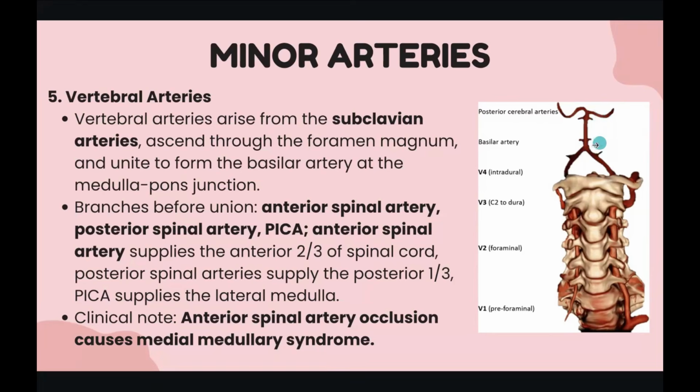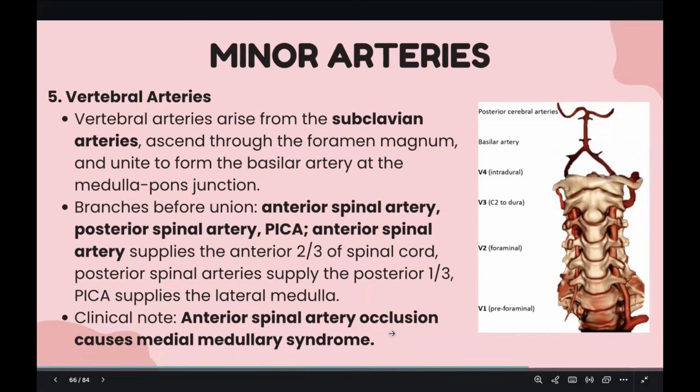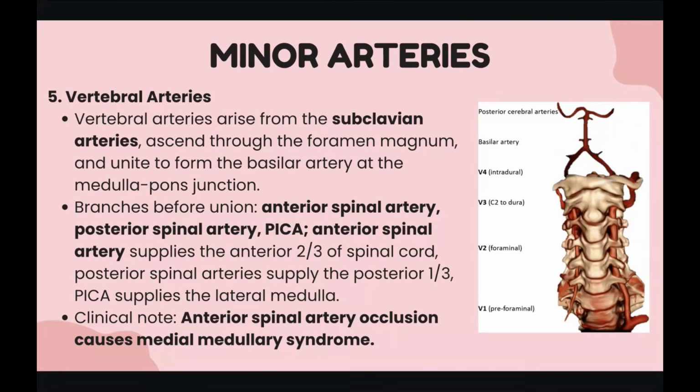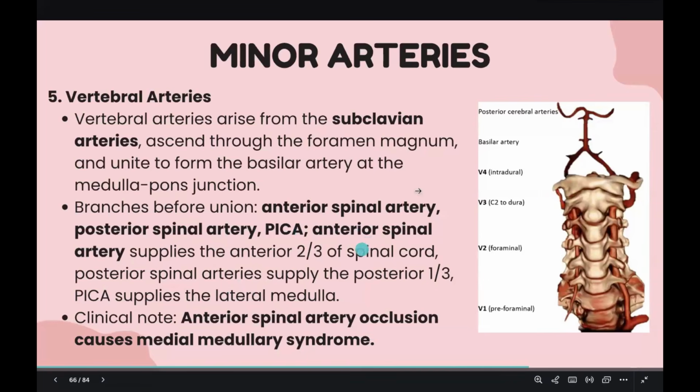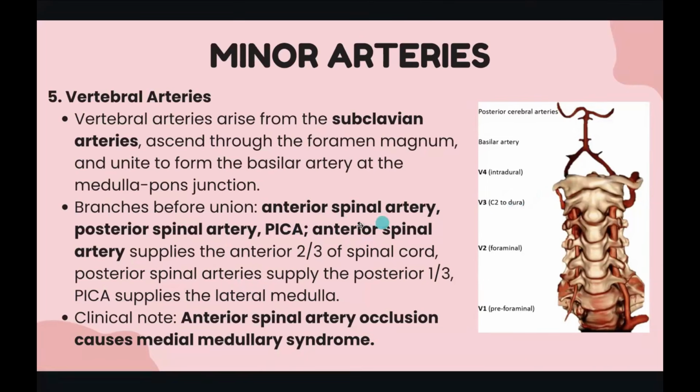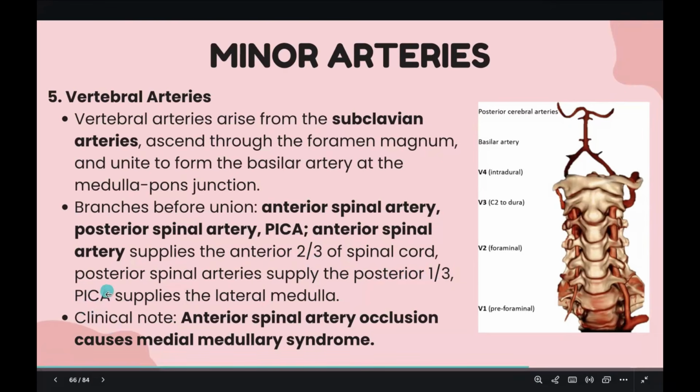The branches before the union, as you can see, are different branches coming. And what does it give off? It gives off the anterior spinal artery, the posterior spinal artery, the PICA, and I'll talk about it later. The anterior spinal artery supplies the anterior two-thirds of the spinal cord. The posterior spinal artery supplies the posterior one-third of the spinal cord, and the PICA supplies the